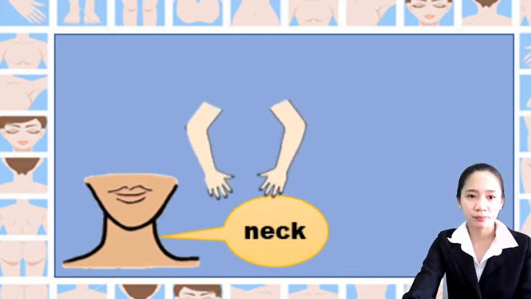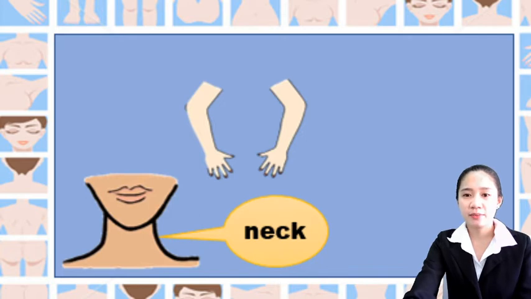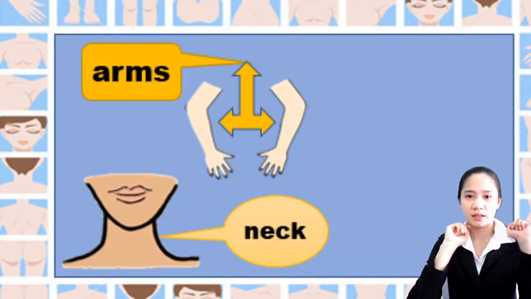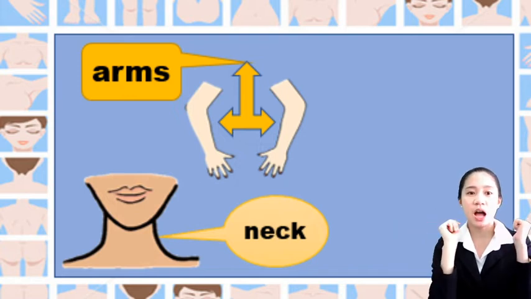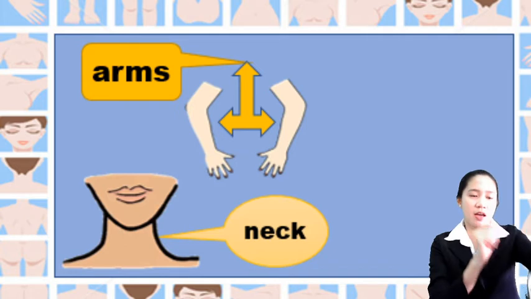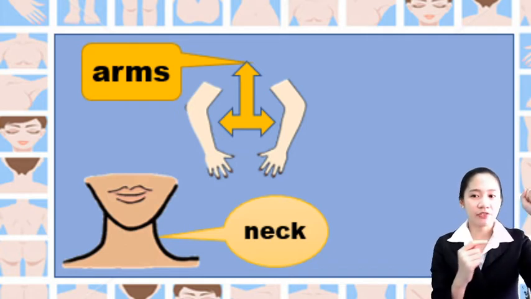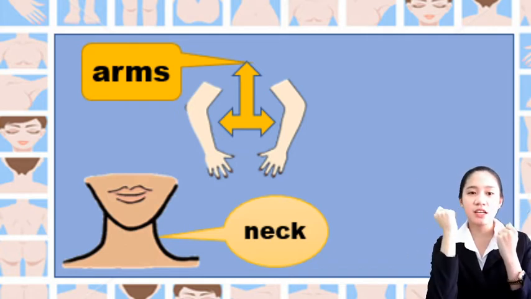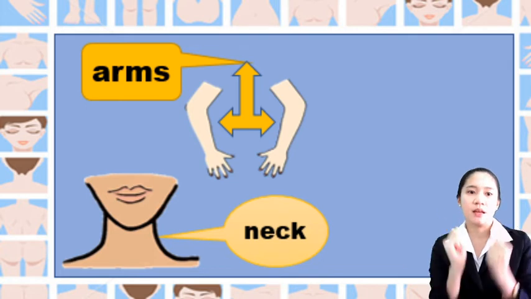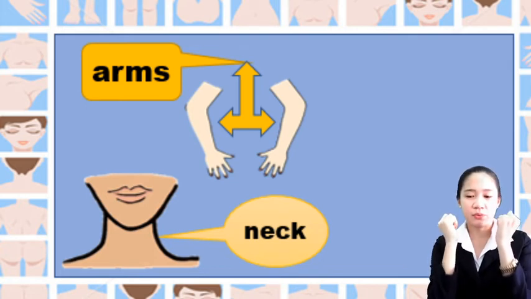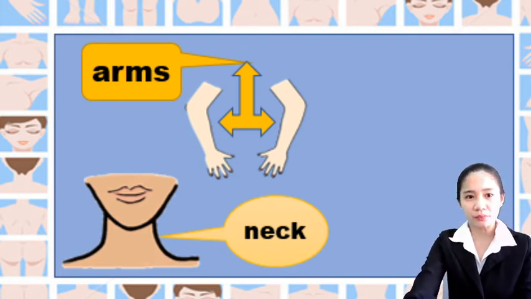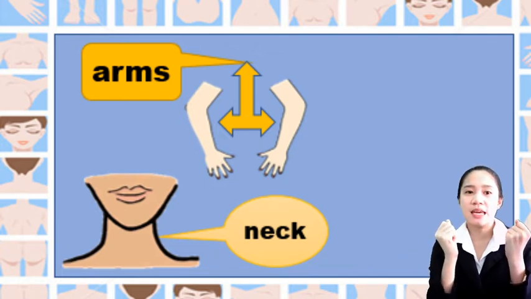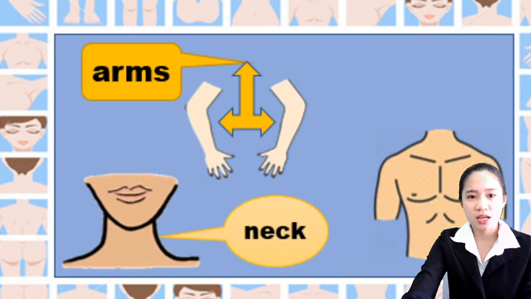Next, we have arms. So we have here our arms. How many arms do we have? Yes, we have 2 arms. Here is our left arm and here is our right arm. We have here arms. We have 2 arms. So our arms connect to the next part of the body, which is